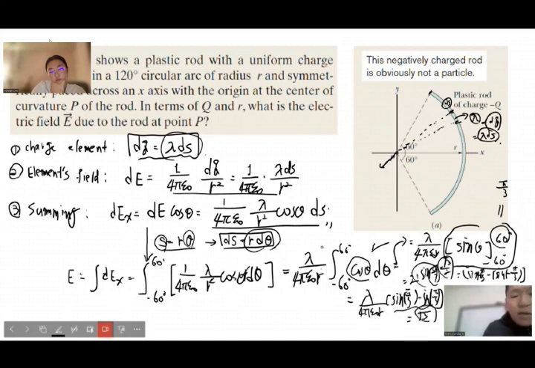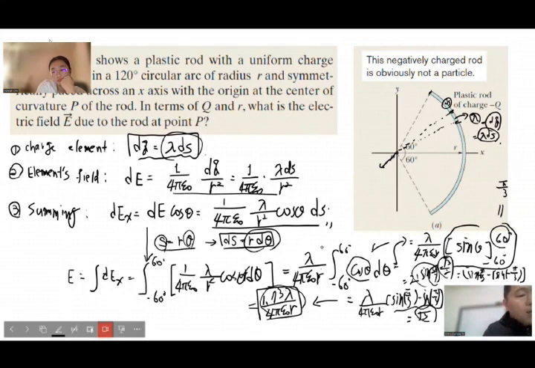So if you add that together, that should be 1.37 times lambda over 4 pi epsilon naught r. So that is just the electric field magnitude applied at the origin P with the distance r from this arc shape of line charge. Okay, so now you want to